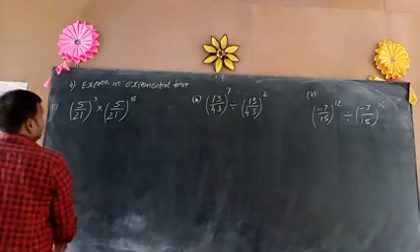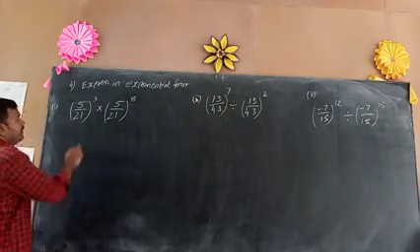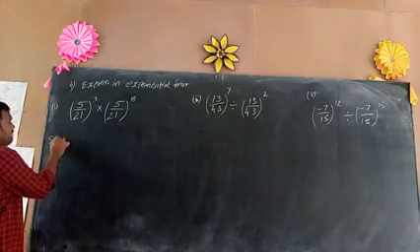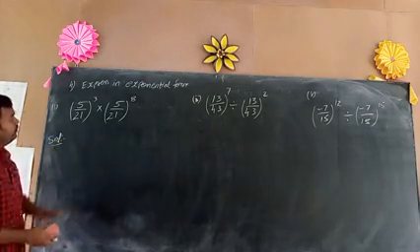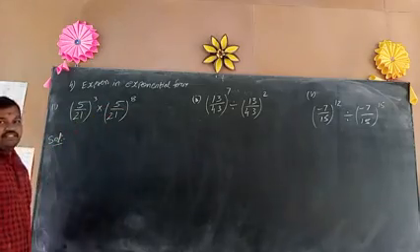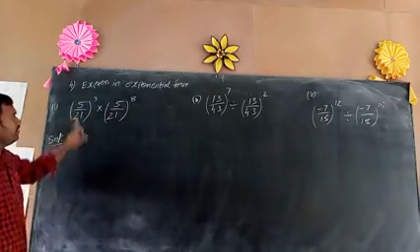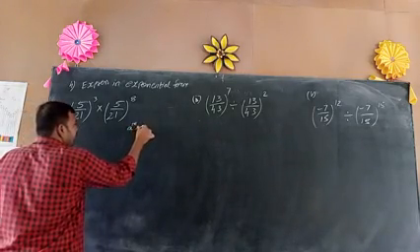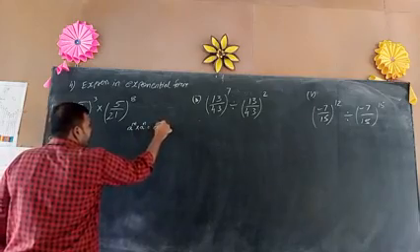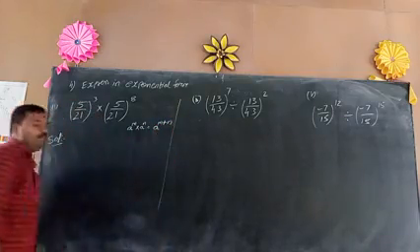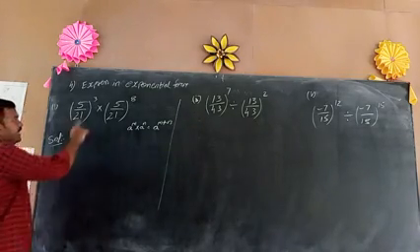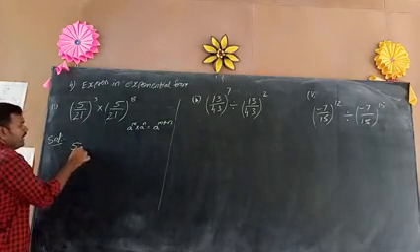So here, expressing in exponential form, 5 by 21 and 5 by 21 are the same, but 5 power 3 is there and 5 power 8 is there. So we have to apply the product law formula. What is the product law formula? A to the power of m into a to the power of n is equal to a to the power of m plus n. When we apply this formula, the bases are same, under multiplication the powers we have to add.